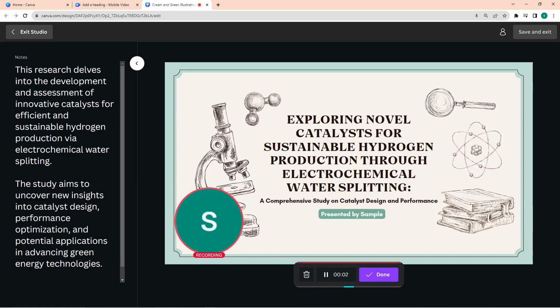Exploring novel catalyst for sustainable hydrogen production through electrochemical water splitting, a comprehensive study on catalyst design and performance. So, this research delved into the development and assessment of innovative catalysts for efficient and sustainable hydrogen production via electrochemical water splitting. This study aims to uncover new insight into catalyst design, performance optimization, and potential applications in advancing green